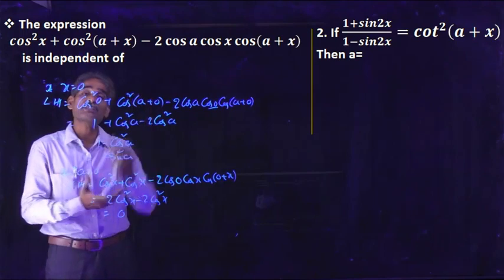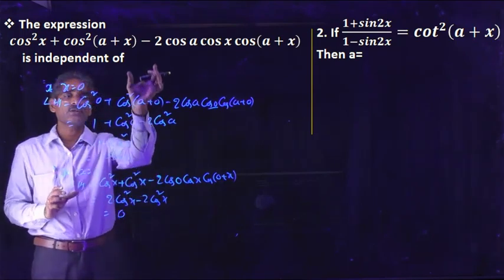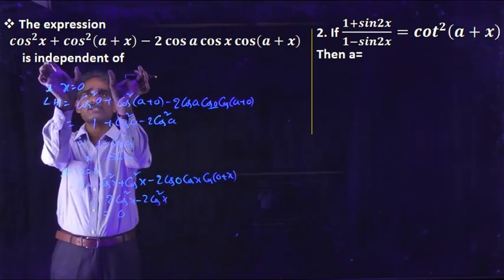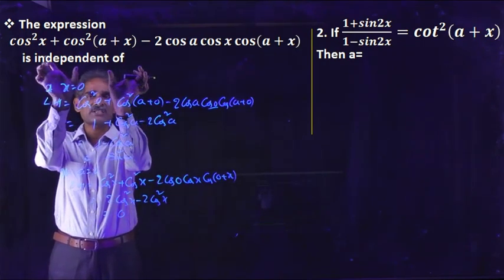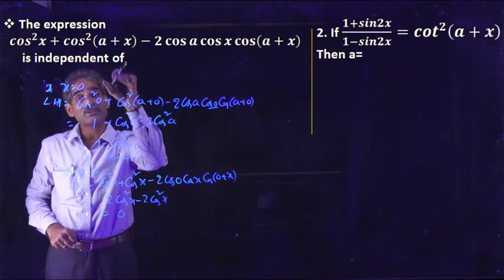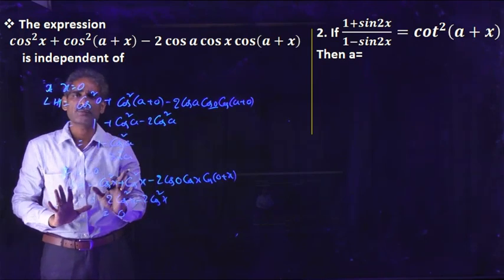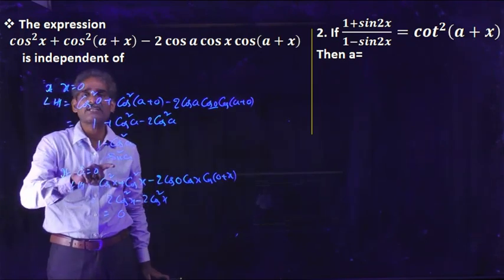So by the direct method also we can prove it, by direct simplification. First of all, you can write these two functions in the form of cos square a minus sin square b. There is a formula cos(a plus b) into cos(a minus b). With the help of that method also we can solve this. So this is also one of the methods. At x equal to 0, we are getting it in terms of a.